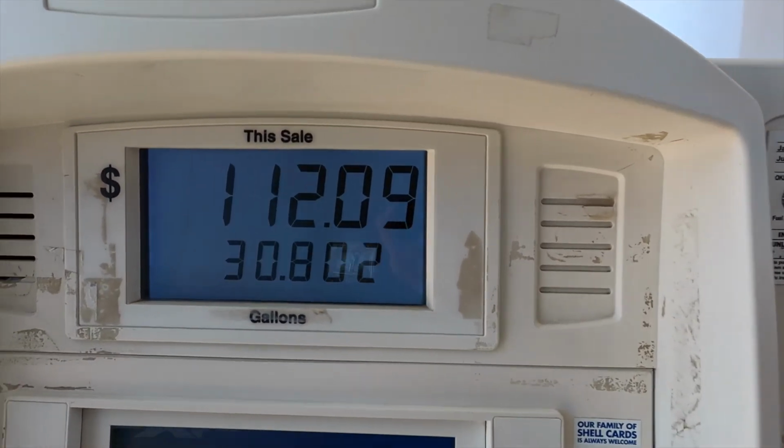Speaking about expensive, $112 for a tank of gas. It's crazy. And that was a good price too. It was $3.63 or something per gallon. Yeah, $3.63 per gallon. Man. And with this truck getting about 12 miles to the gallon,